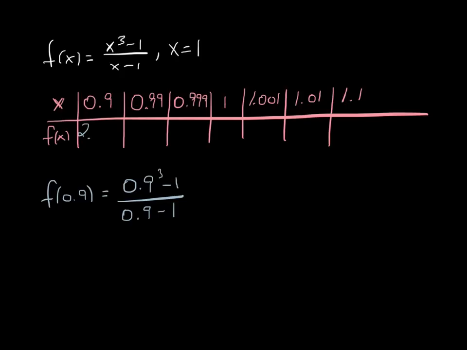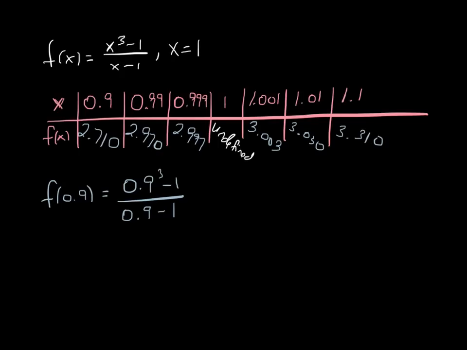These are all rounded. This is 2.710, 2.970, and 2.997. On the other side of 1, you're going to get 3.003, 3.030, and 3.310. Here at 1, we know that this value is undefined,